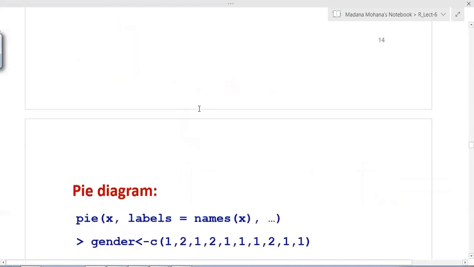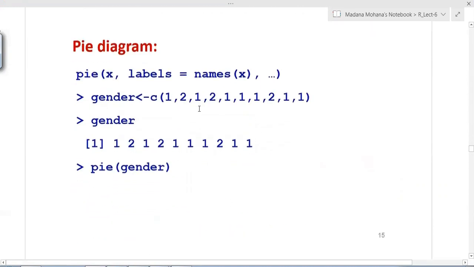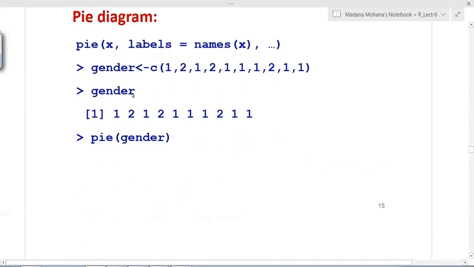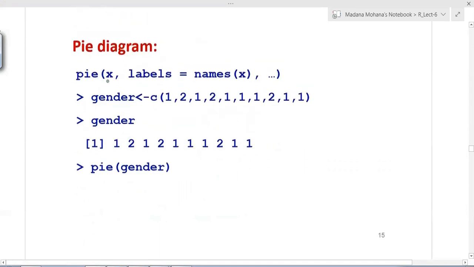So now let us see the command for pie chart in our software by using the command PIE. So PIE within function bracket, the data vector X, comma labels. Even you can provide label names also, X-axis and Y-axis with our customized names. Now, for the previous vector, let us apply. We created gender, C of 10 persons with male-female category. Now you can call gender. This is the vector. Now simply you can use pie of gender.